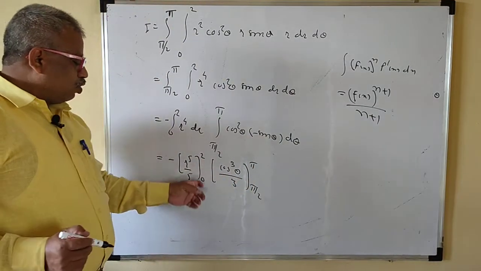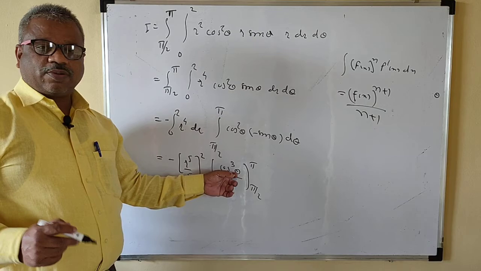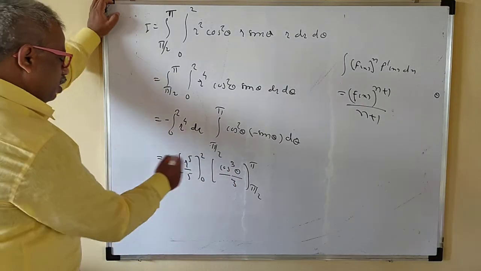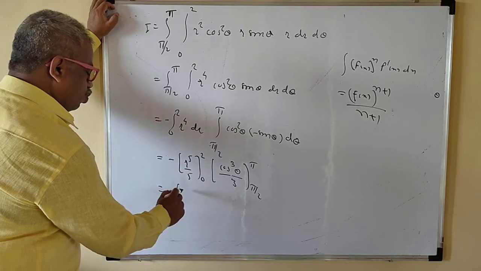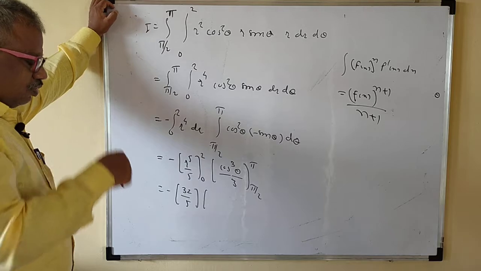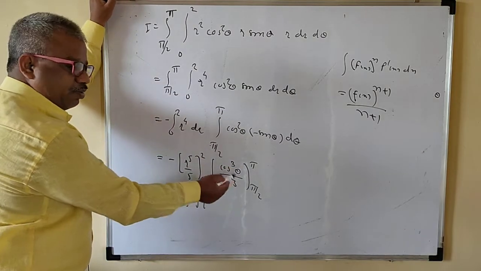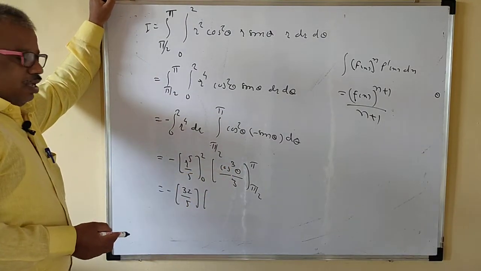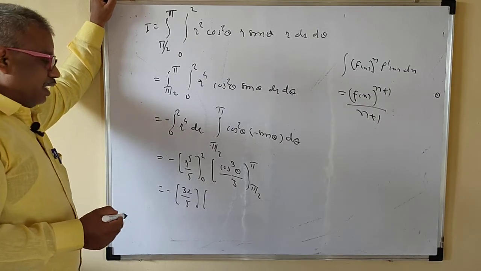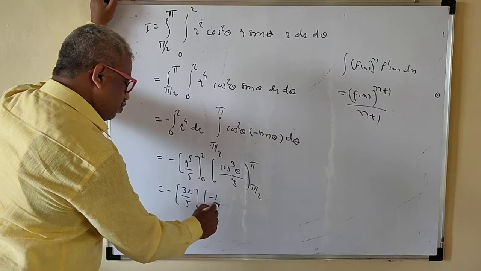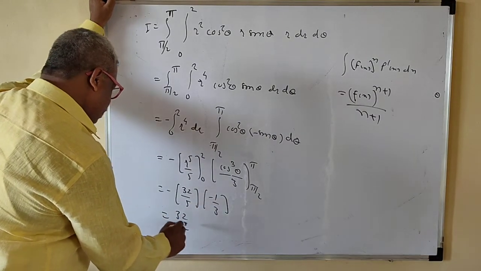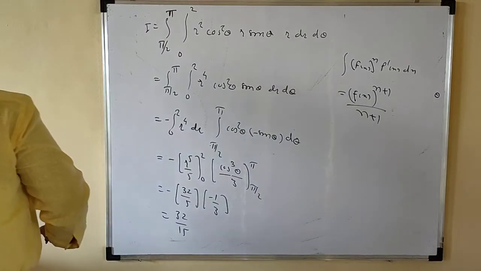So if you put here lower limit, it is 0. If you put here lower limit, cos pi by 2 is 0. Right? So only I have to put the upper limit only in both. So this is what minus 2 to the power 5 is 32 upon this. Okay. So now here what, if you put pi, you have to put only the cos pi. Cos pi is minus, right? And minus 1 cube is again minus. So this is what minus 1 by 3. So this is what 32 upon 15 is your required answer.